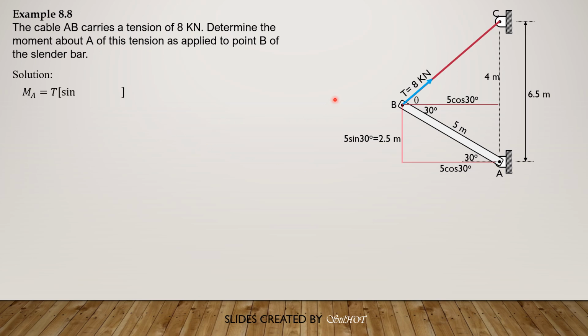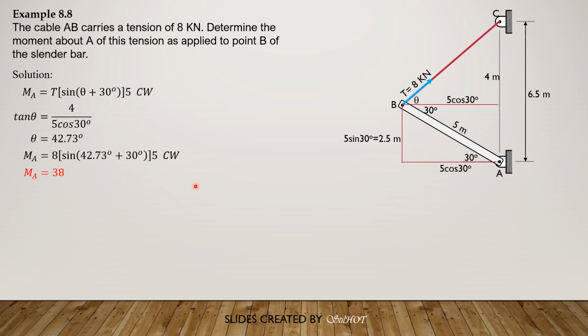So moment about A is tension times sine of theta plus 30, the component perpendicular to BA, times moment arm, which is 5 meters. And that is clockwise. So tangent theta is equal to 4 over 5 cosine 30. So theta is 42.73 degrees. Substitute into this formula here. So moment about A is 8 times sine of quantity 42.73 plus 30 times moment arm 5. So clockwise. Moment about point A is 38.2 kilonewton meter